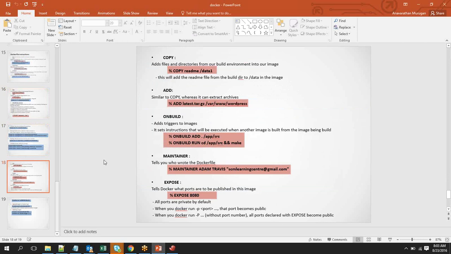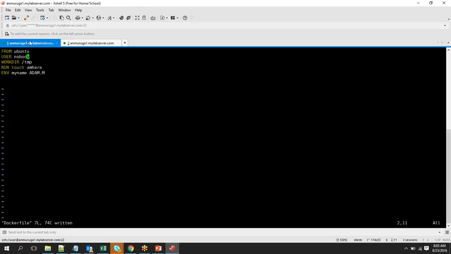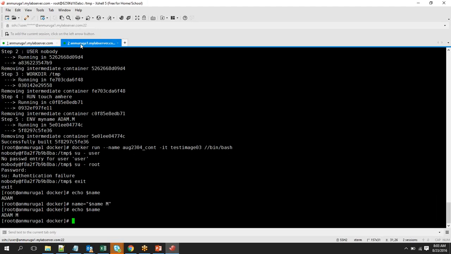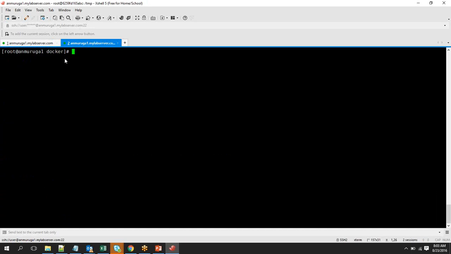Suppose you are creating an image using this container. Now, say while creating, you want to copy some file from your machine. Right now, this is my host machine. From this machine, if I want to copy this file or directory inside this container or the image, then you will use copy. So let me quickly show you an example. Right now you have this one, right? So what we'll do is, let me create a file called